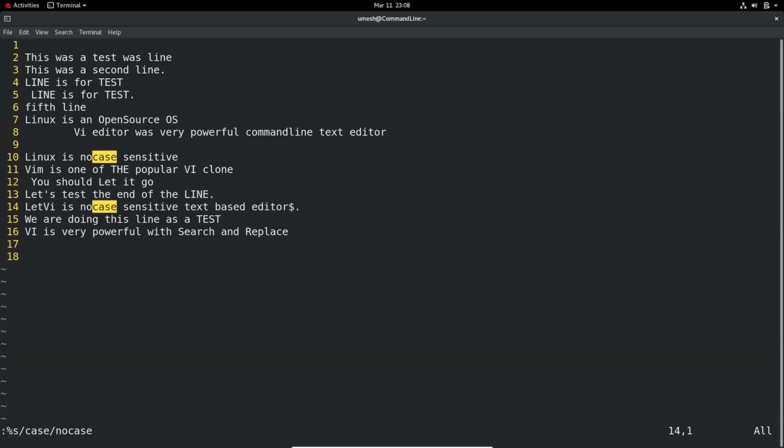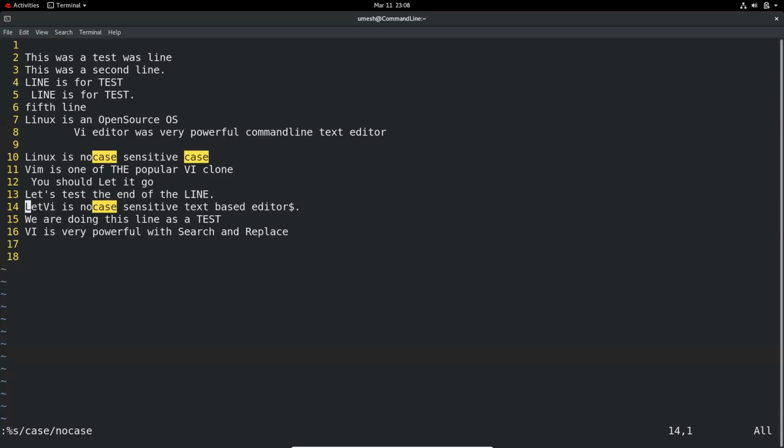But let's undo. Let's say, for example, we had case here too. So now 3 cases. It's the same command, %s, find case and replace with no case. See, on number 10 and 14, it only replaced the first occurrence of case on each line. It didn't do the second case on line 10.